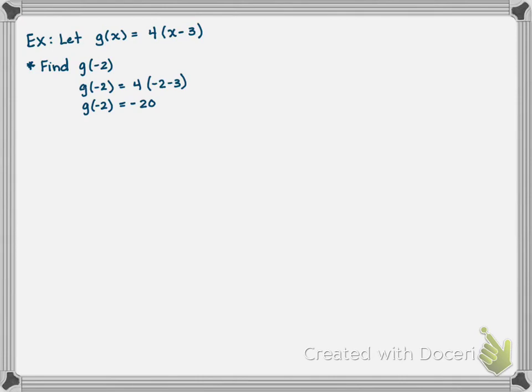Now the input of a function doesn't have to necessarily be a number, nor does the output. So I can evaluate a function for another variable, for like a whole expression. So let's try, we'll find g of x minus 1. So all this is saying is apply that rule to x minus 1. So our rule says subtract 3 and then multiply by 4. So I'm going to just say 4 times x minus 1